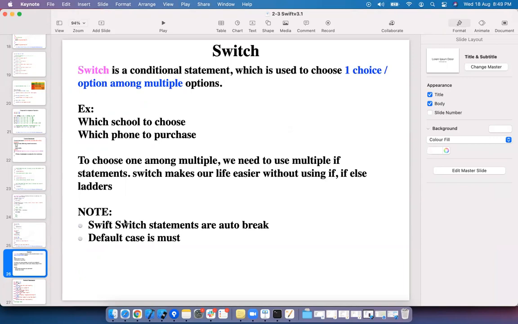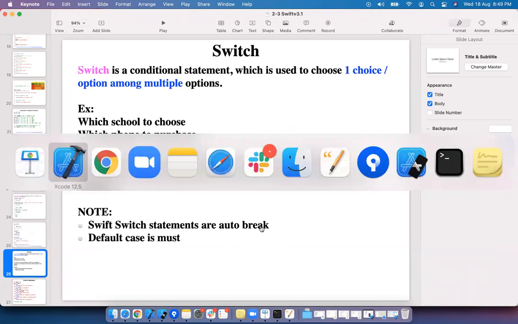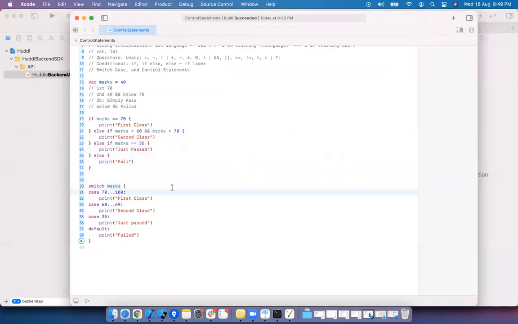Here, in case of switch case, there is auto break. If you see in Objective-C or any other language, if this is true, it also checks the below case, it also checks the below case. Here, basically, let me put marks are 40, right? Let me put 75. Run it.